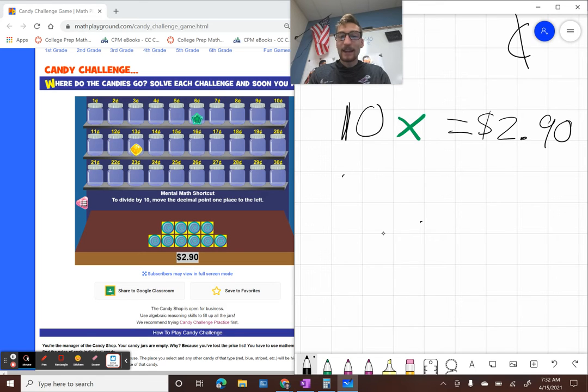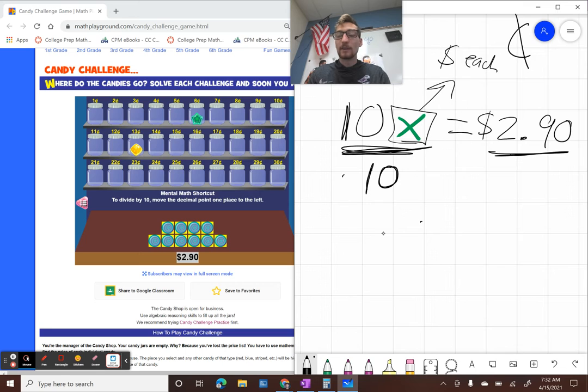So again, to get that X by itself, to figure out that missing candy cost for each of them, I need to do the opposite of multiply by 10 because there's 10 pieces of candy, and I'm going to divide by 10 to figure out how much each of those pieces is worth. So here, 10 divided by 10 cancels out. Then I have X equals, and then $2.90 divided by 10. Well, that's going to give me